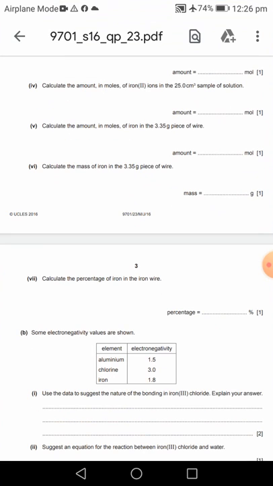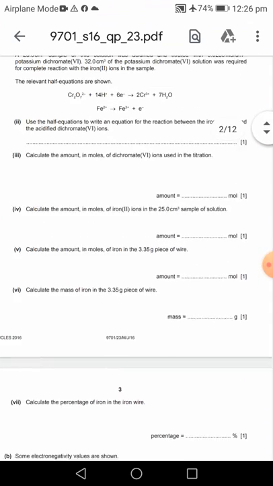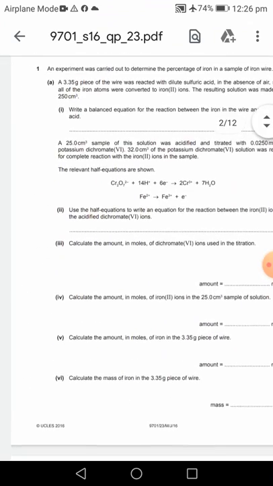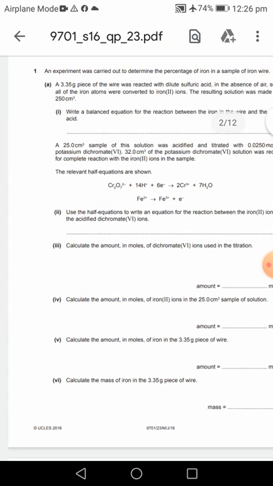Okay, so what is our next question? Amount in moles of iron in 3.35 gram piece of wire. 3.35 gram. Okay, now here is an important concern. Look,